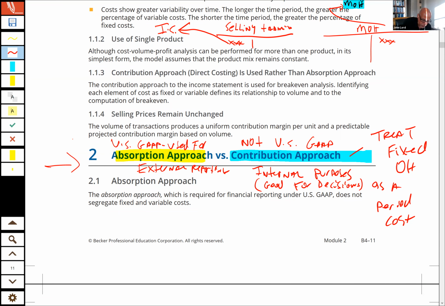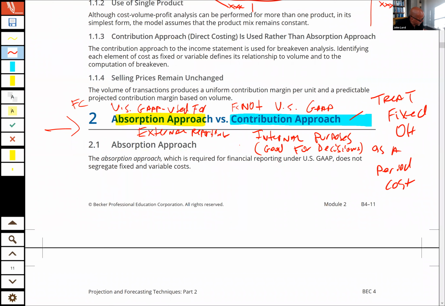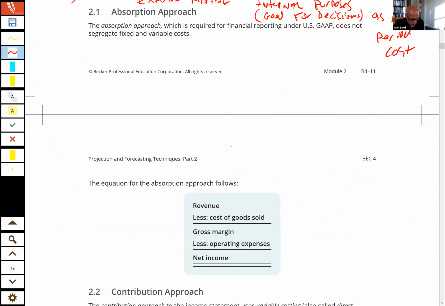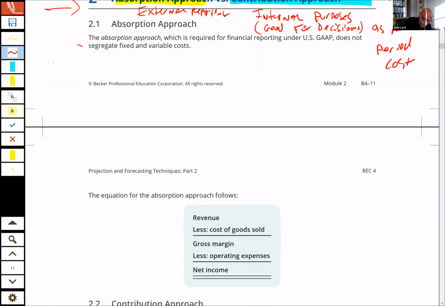Okay. Now, if you want to, you can flashcard that yellow and that blue and what I wrote around it. Although, frankly, it is something that you might already just kind of know already. Okay, good. Now let's just come over and take a look at the absorption approach here, which again,